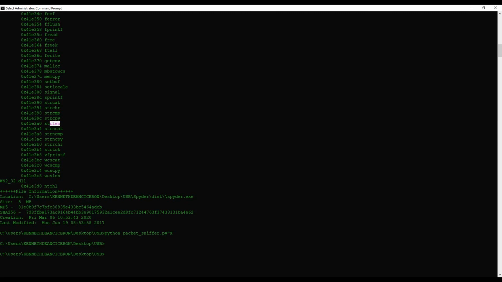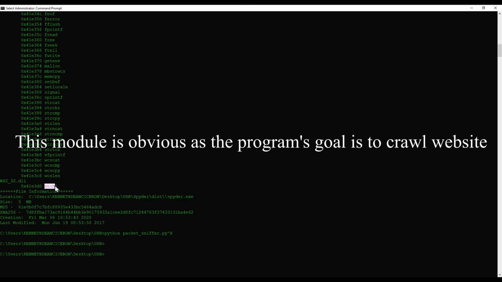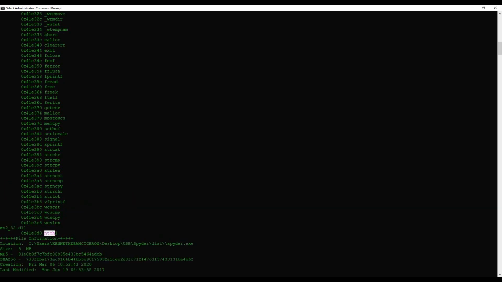WS2_32.dll. These are basically networking DLLs. A program that accesses either of these most likely connects to a network or performs network-related tasks. So specifically this function here was loaded because the program does perform connections to web servers to perform some web crawling tasks. And lastly, we have the file information, which is mainly composed of the file location, size in MB,